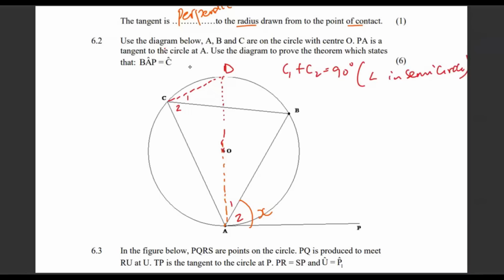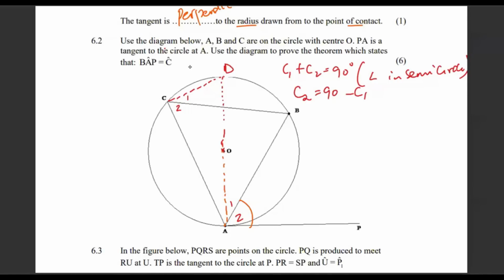And if that is true, then we know that... should I baptize something to be X? Should I call it X? Yes, I can, but no, let me just leave it. So let me look for C2. So meaning that C2 is going to be 90 minus C1. Okay. So if that is true,